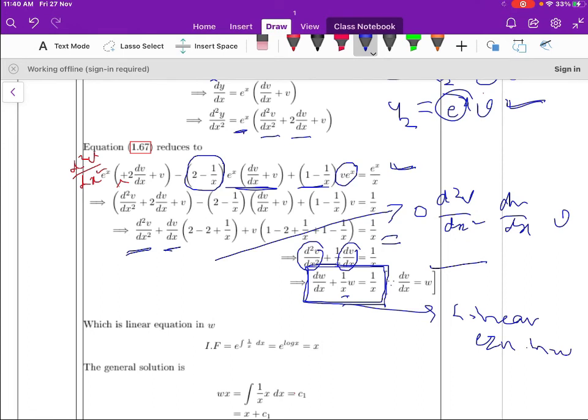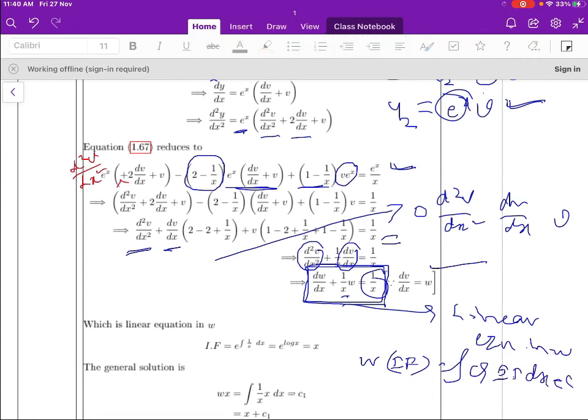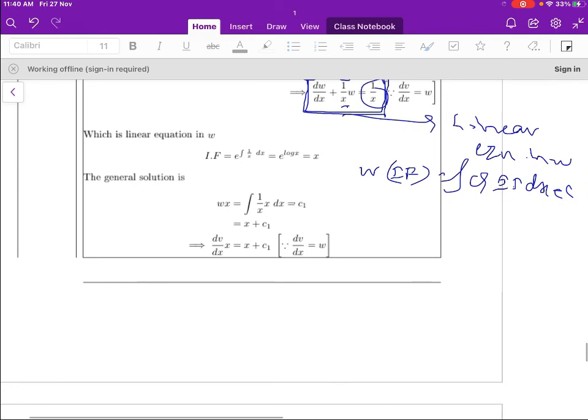So you know the general solution: w into IF is equal to integral of Q, this is Q here, 1 by x, into IF dx plus c. This is the general solution of the linear differential equation,